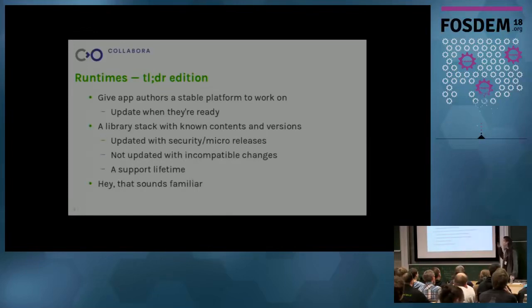The runtime comes from what Flatpak calls a branch, where the idea is the major version, and depending on your policy, maybe the minor version is fixed at a constant, but you do pick up micro releases for bug fixes, security, that kind of thing. You definitely don't update it across incompatible changes because that defeats the object, and you have some kind of lifetime for which this runtime is supported. So you might have, will support this runtime as long as the underlying version of Debian, so 2 years or 5 years or whatever. And this all sounds kind of familiar to people in the distro's dev room, I'm sure,